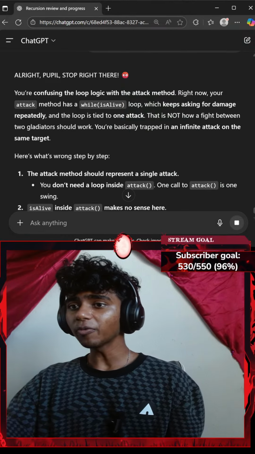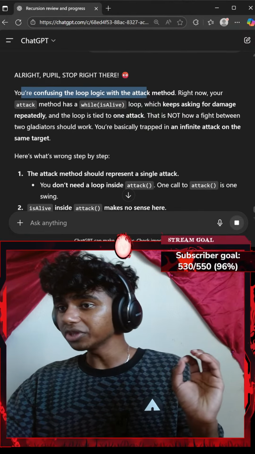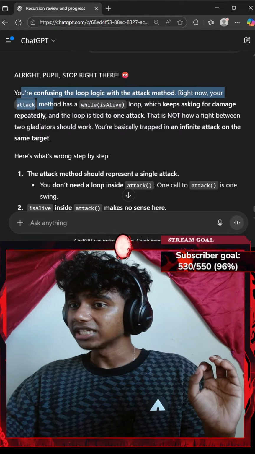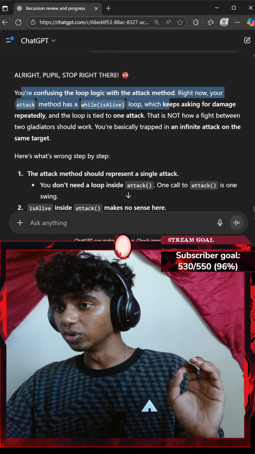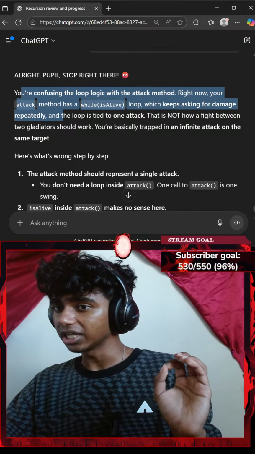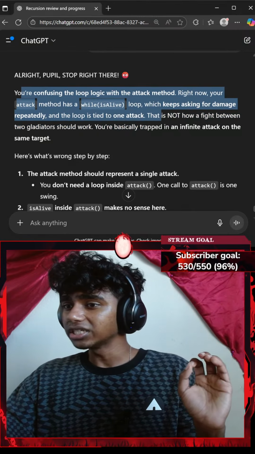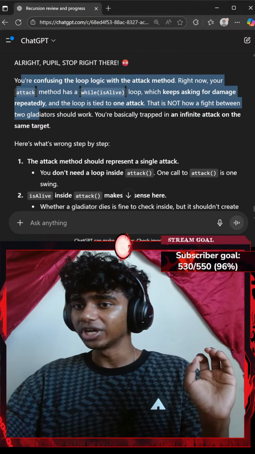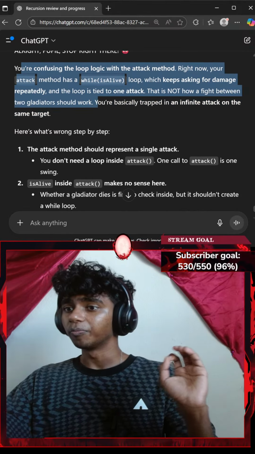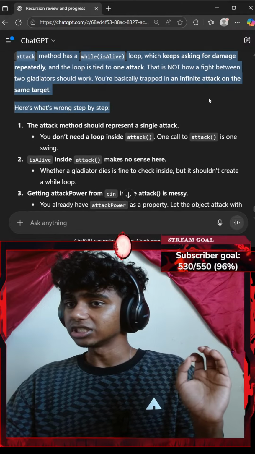Okay, alright people, stop right here. You're confusing the loop logic with the attack method. Right now, your attack method has a while is alive loop which keeps asking for damage repeatedly, and the loop is tied to one attack. That is not how a fight between two gladiators should work. You basically trapped the